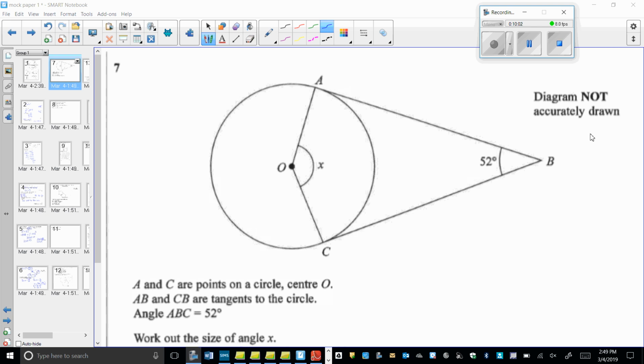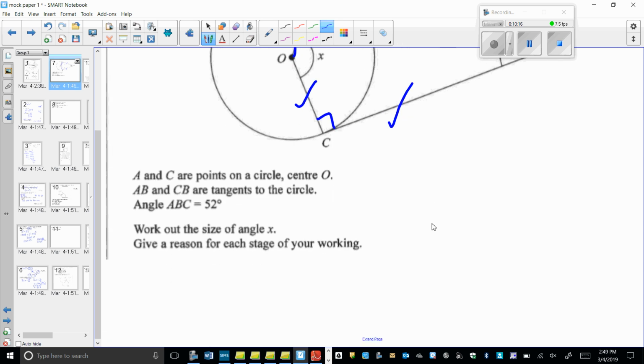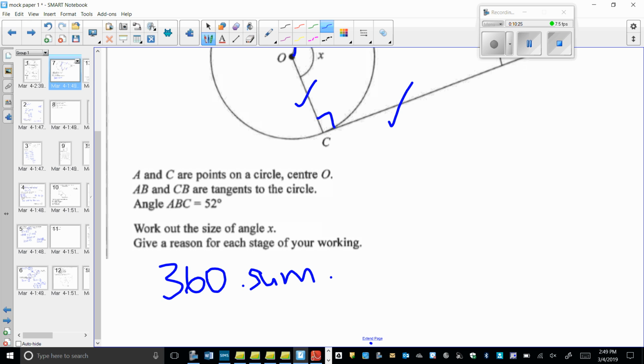Okay, if these are tangents, that means that, and we know that these are the radii, this angle here and this angle here are both 90. It's got 1, 2, 3, 4 sides, so it's a quadrilateral. We know that quadrilaterals always add up to 360. We've got 90, 90, and 52. So we're going to